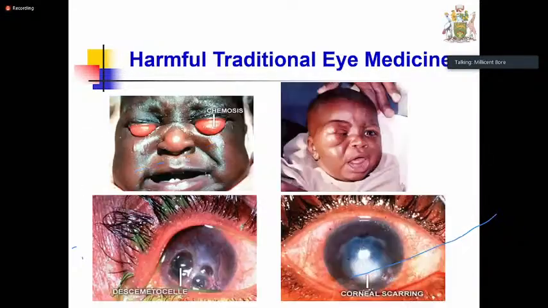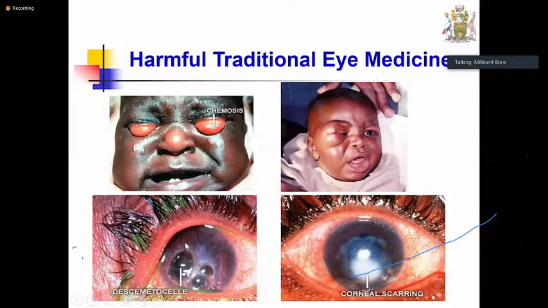So these are different images of patients who've had the traditional eye medicines instilled. This is a young child, a baby, who had crushed red brick instilled into the eyes. And you can see it caused this dramatic swelling of the conjunctiva. This is called chemosis. It got swollen until it protruded and everted the upper lids on its own. When these traditional eye medicines are instilled, since the patients stay at home, they think they're treating their eyes. By the time they come to see you, you can find that the